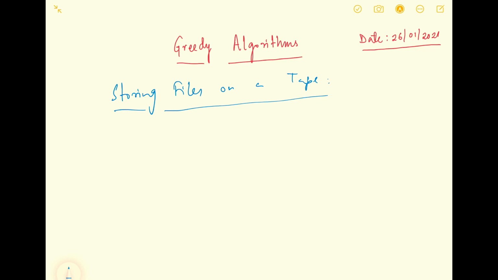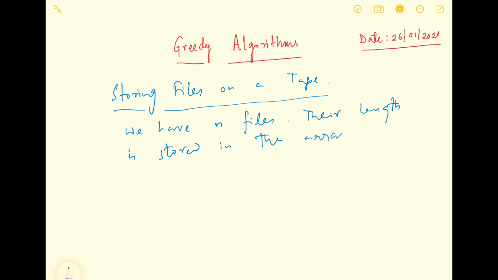We have n files, and we need to store the files on a tape so that each file can be accessed quickly. So we have n files, and their length is stored in the array L[1 to n],